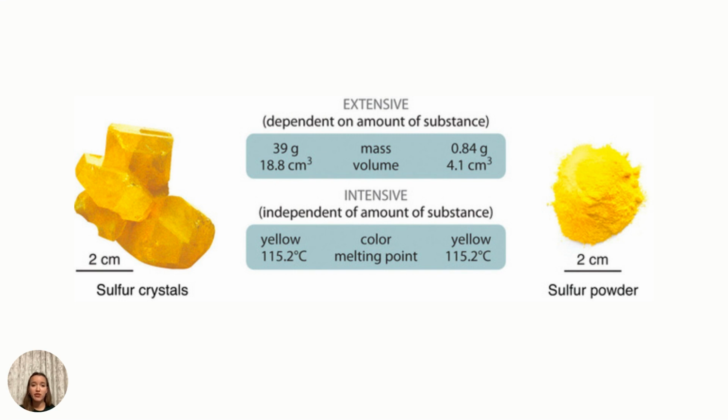So again, if we cover the difference between extensive and intensive, extensive means dependent on the amount of substance. And here we have mass and volume. And for sulfur, we have the mass given in grams and then the volume given in centimeters cubed. Now, intensive means that it is independent of the amount of the substance. And either for crystals or powder, we have sulfur being yellow and having the same melting point, which is again